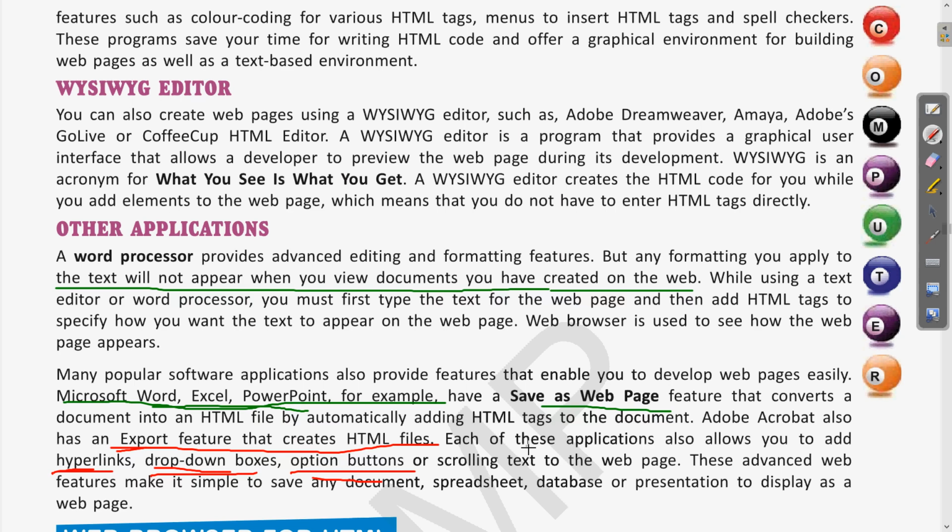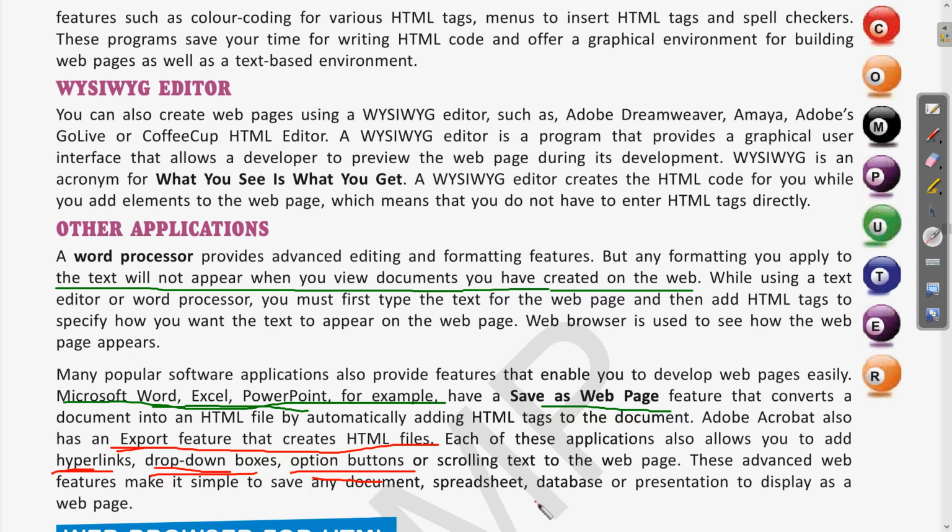These can all also be added using different software, in which a normal text page or normal document can be converted into HTML code or a web page format. So these advanced web features make it simple to save any document, spreadsheet, database, or presentation to display as a web page.